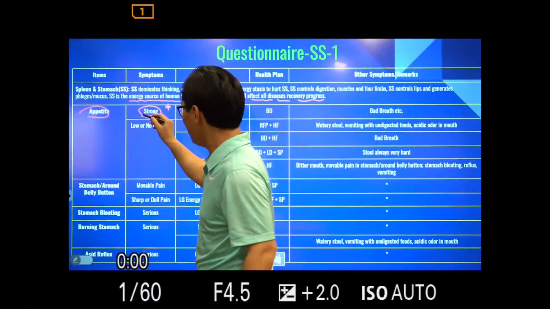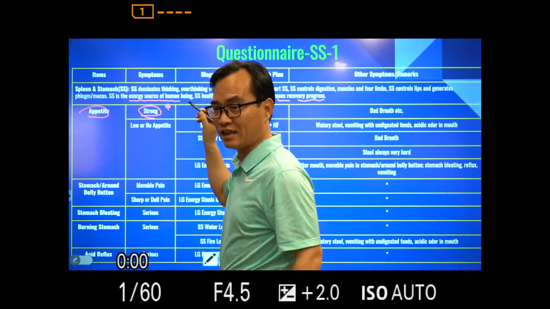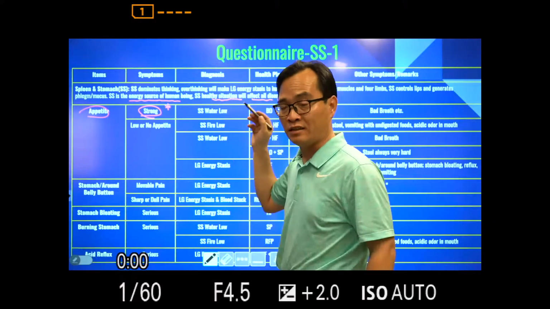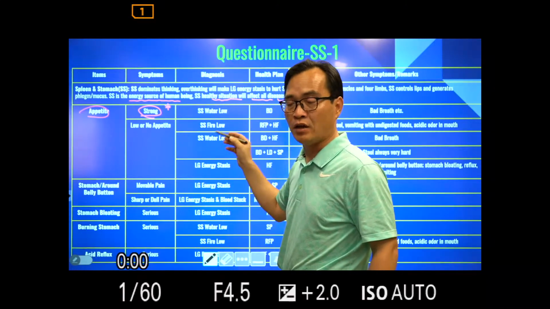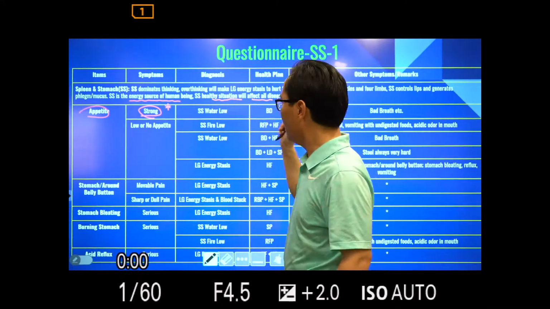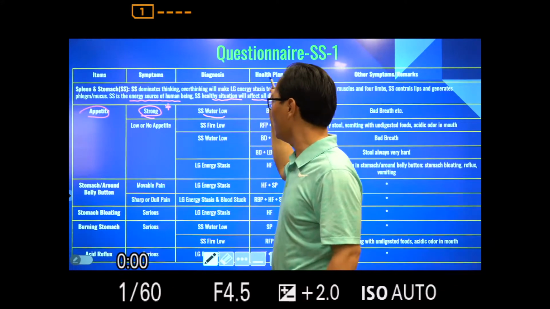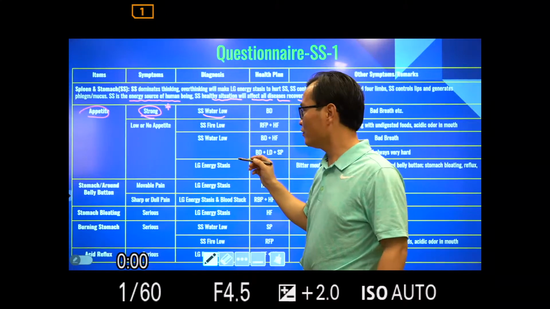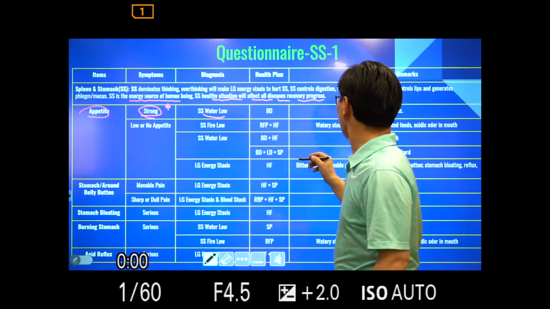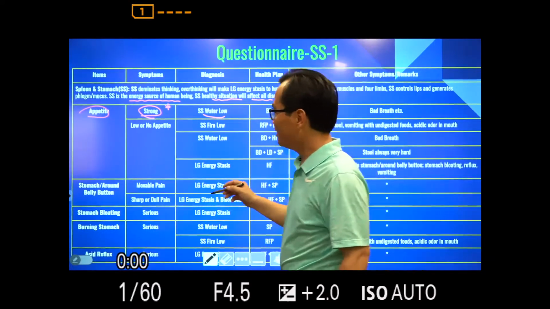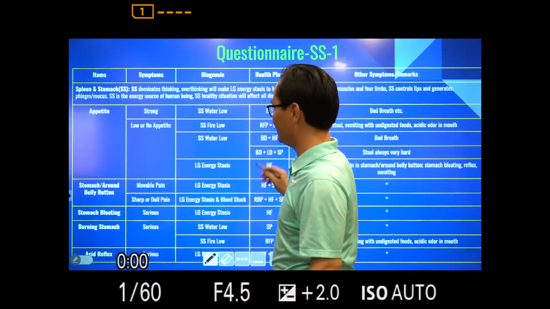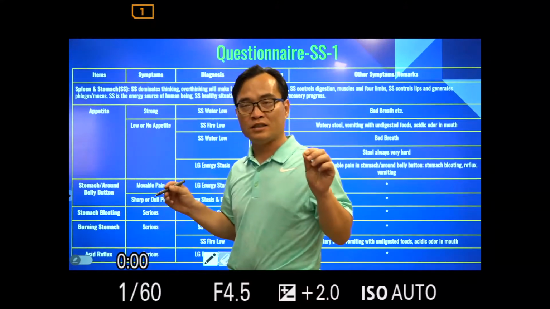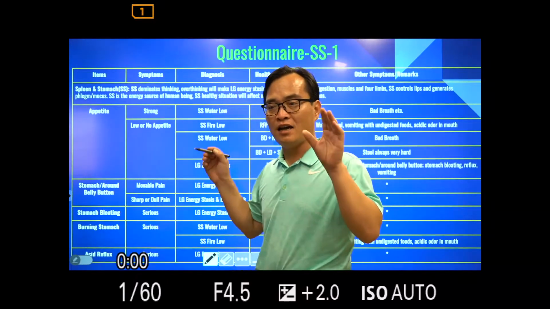So the appetite is strong. It is a symptom for confirmation of what? Of SS water immunity low. Sure, because the appetite is very strong. Strong appetite means the appetite function of the SS system